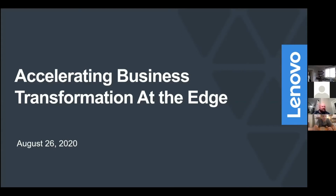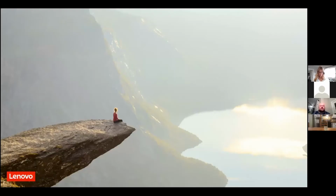So just going to take a few minutes, and I want to talk a little bit to you this evening about edge computing and really how that's helping accelerate business transformation and what Lenovo is doing around bringing edge computing to our customers. So just a little bit of background on what is edge computing when we use that term,